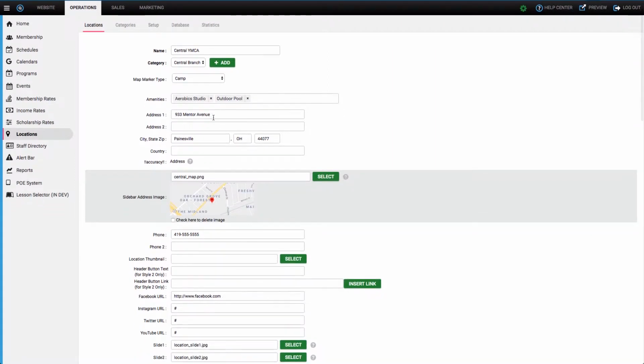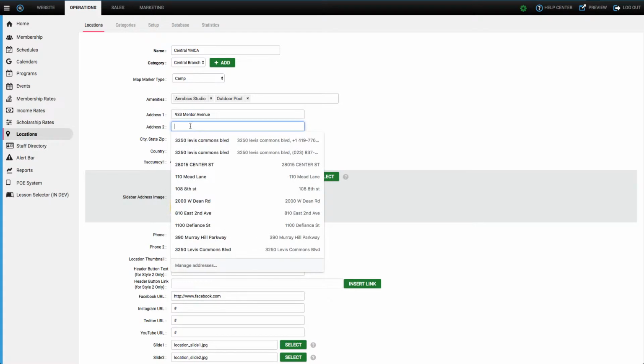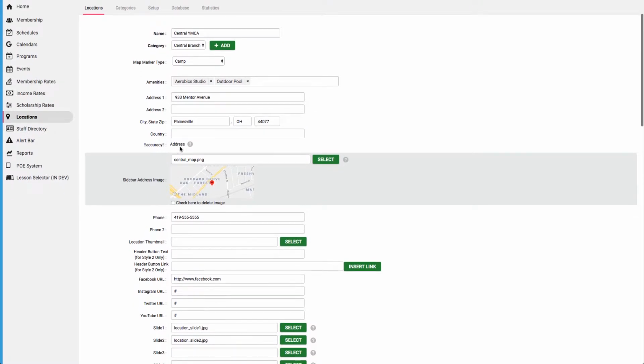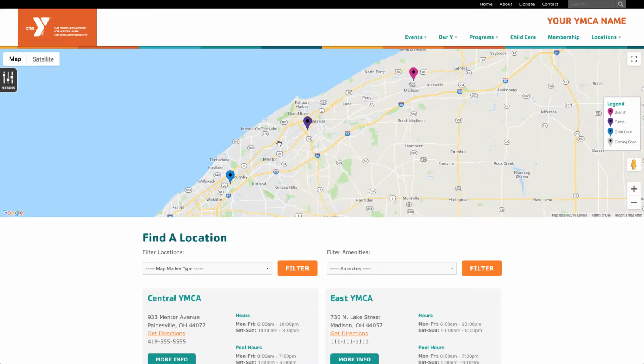And then address information. This is pretty straightforward. You just enter in your address 1 and 2, your city, state, and zip, and then country. Notice here that we have a field that says accuracy, and it says address. What this is talking about is the level of accuracy that that address has been mapped onto this